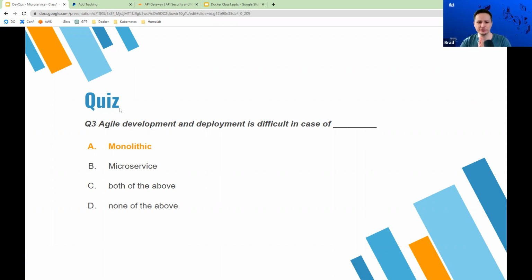Monolithic sort of follows what we call waterfall, right? Basically, waterfall means you plan out all your changes. You go, okay, in 3 months from now, we're going to have version 2 of our application, and it's going to have these hundreds of different changes, right? Whereas agile, like every week, every 2 weeks, you sort of have a sprint and you're trying to get all your different updates. And with microservices, you can update them individually.